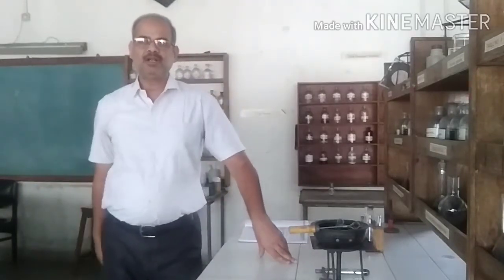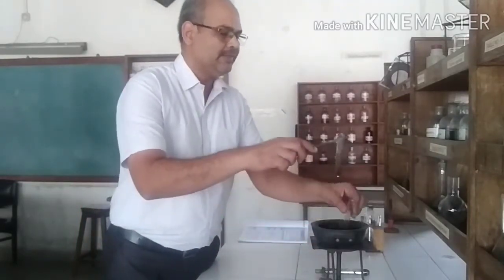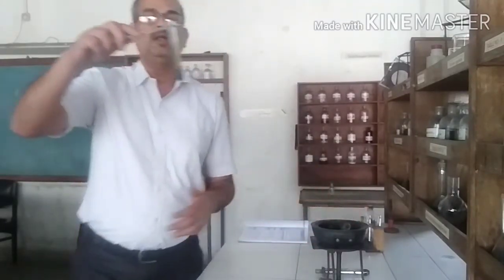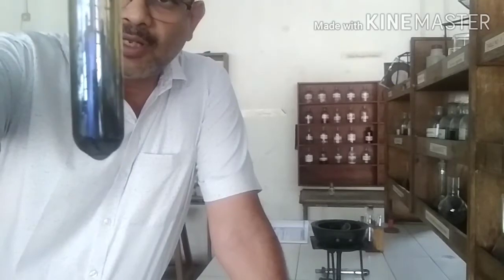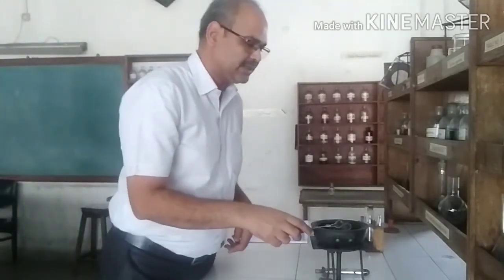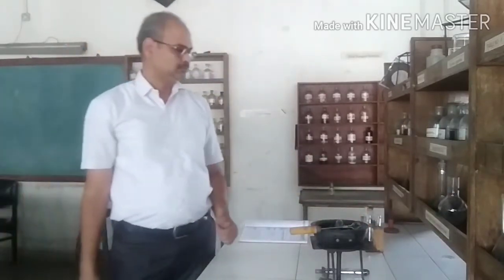If you get a silver color mirror that is getting deposited on the inner side of the test tube, then we will say that it is the silver mirror. Can you see, I have not even heated for a minute, and a shiny silver color can be seen which is deposited on the inner side of the test tube. If you keep it for a little more time, this silver color becomes darkened.